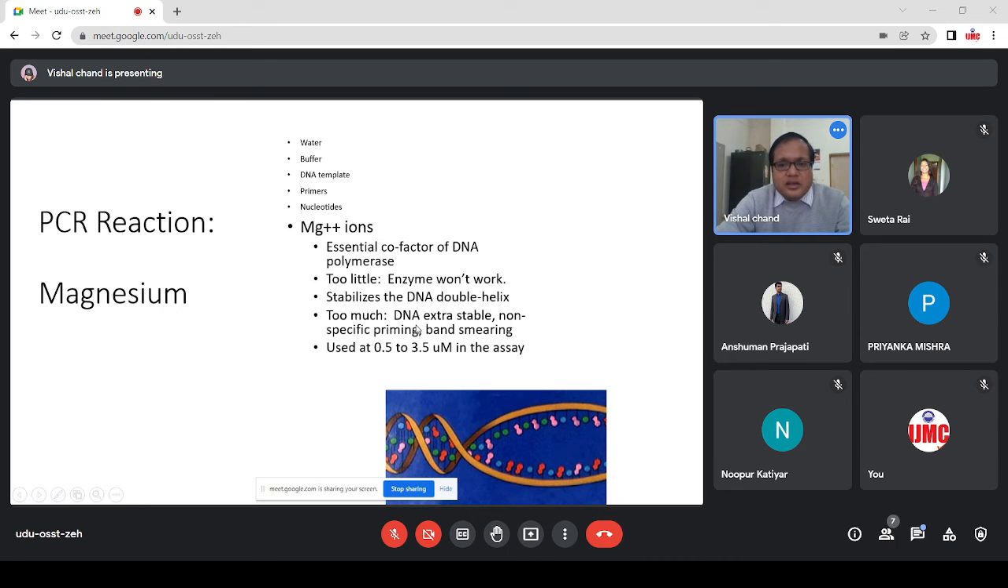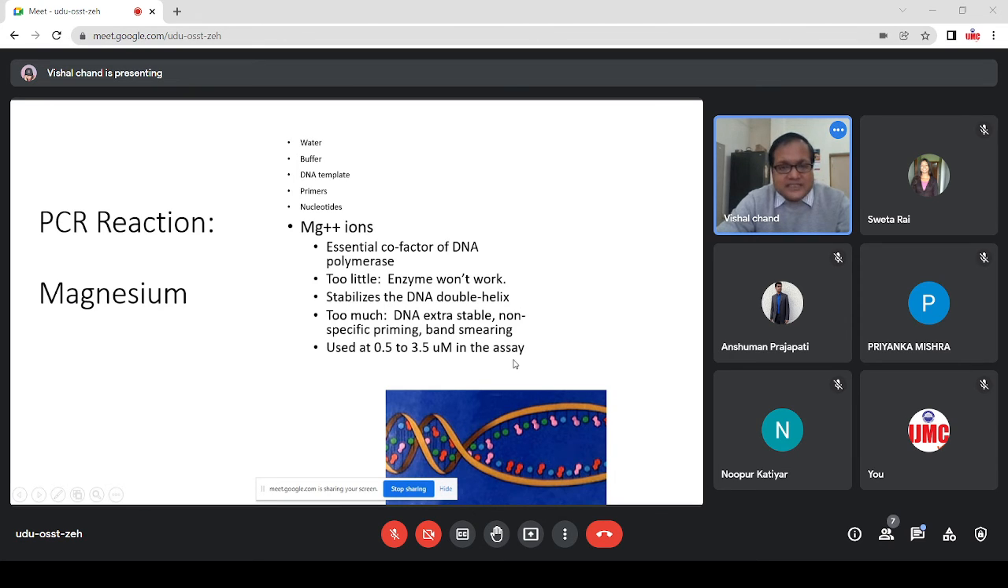Too much, if it is very high in amount, then it causes extra stable DNA, non-specific priming and band smearing. So it should not be too little and not too much. If it is too little, the enzymes will not work, and if it is too much, the DNA will become extra stable, there will be non-specific priming, and the band smearing will be very high. And how much concentration is needed? Approximately 0.5 to 3.5